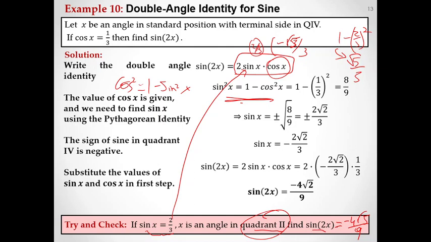But you can say, hey, this is negative here, but x is in quadrant 2. It's okay, because x in quadrant 2 is positive for sine, but when doubled, 2 times x will be in quadrant 3 or quadrant 4. I mean, at least it will be in quadrant 4, I guess. So for this reason, it is normal to get a negative value here. Please do this problem and follow the same steps as